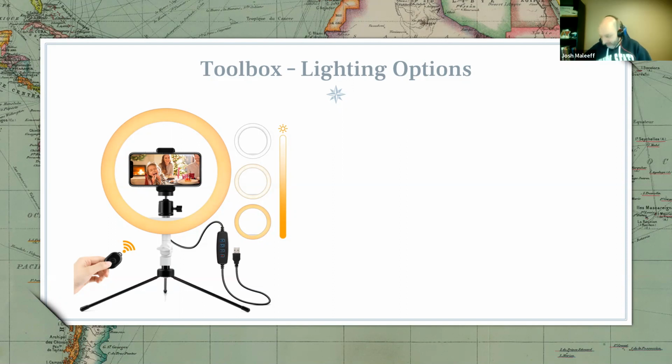It's what I'm using right now, just to show you what the difference is. I'm in a pretty well lit space, but that's the light off. So all of a sudden it gets a lot darker. It makes a big difference on lighting you up. And when you want people to be watching you for a sustained period of time, like tonight's about an hour, you want to be able to be seen. So that becomes an important piece of this.